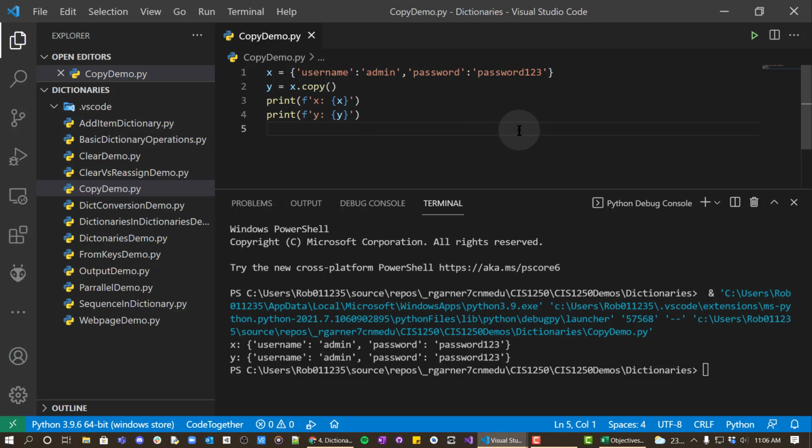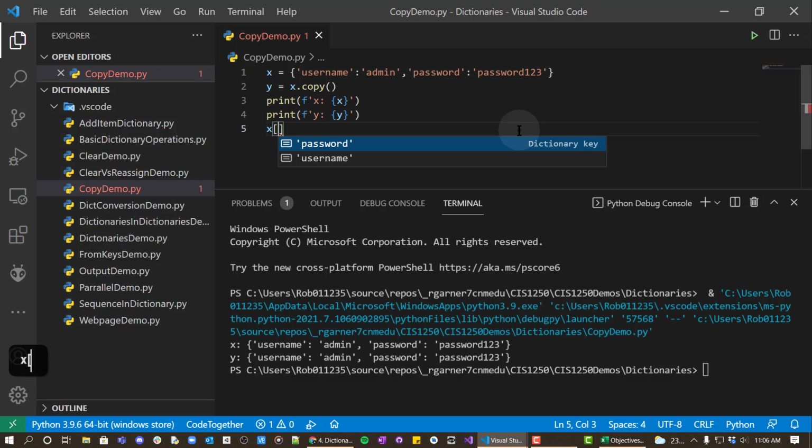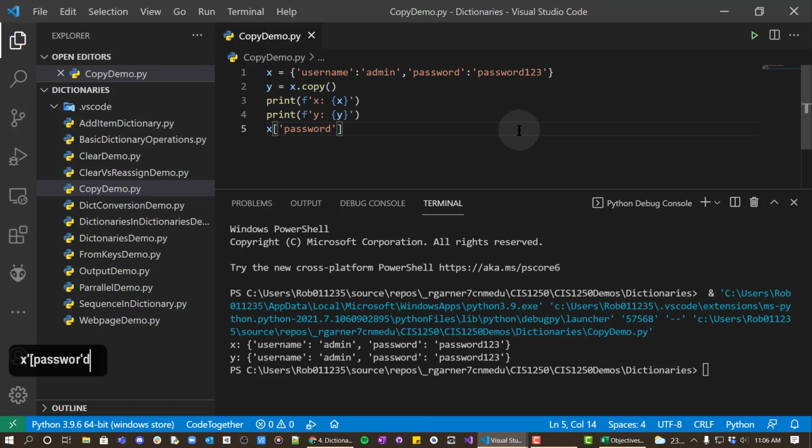Now, let's do this. Let's modify x. We're going to say x password is going to equal, oops, we need to make this a string because our key is a string. And we'll set it equal to